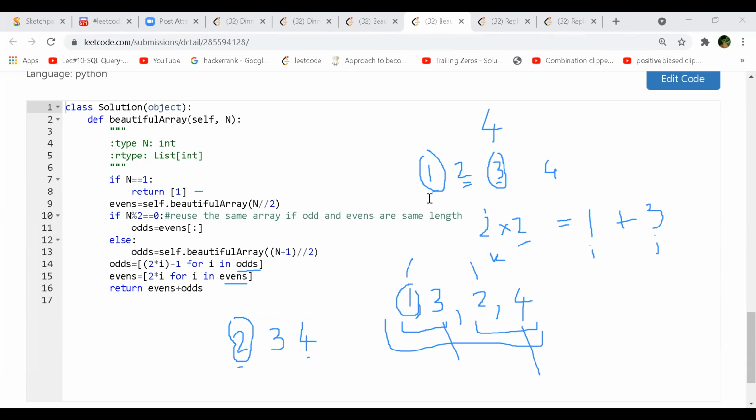If you imagine it that way, using the base case of 1 and then building on that, at every step whatever element is at position 0 will be my odd, and whatever element is at position 2 is my even, but the values need not be odd and even always. They will be different values. But if you use that concept and keep building, you will satisfy this beautifulness rule.